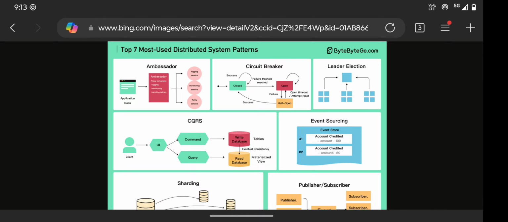Good morning. Today we are going to discuss some distributed system related design patterns. From a technical point of view, distributed systems are playing a vital role nowadays because, in olden days, we